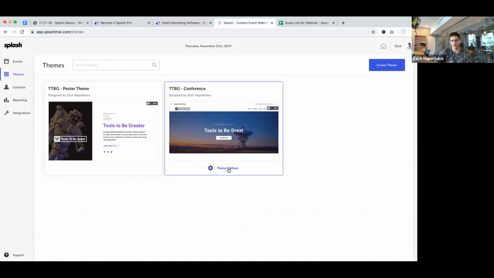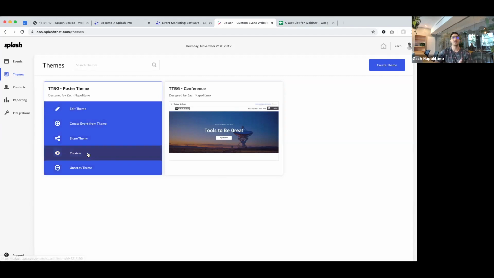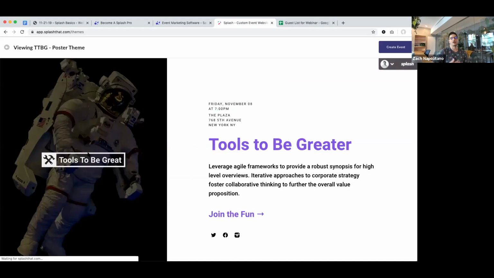It's going to have speakers, an agenda. It's going to have an FAQ section. It's going to have sponsors. There's a time and place for that. But for a client happy hour, I'm going to keep this super simple with my poster theme. There is a bit of content I'm going to want to add to it, but I think it's a really nice starting point. So let's take a look at this together so we can get a feel for what we're